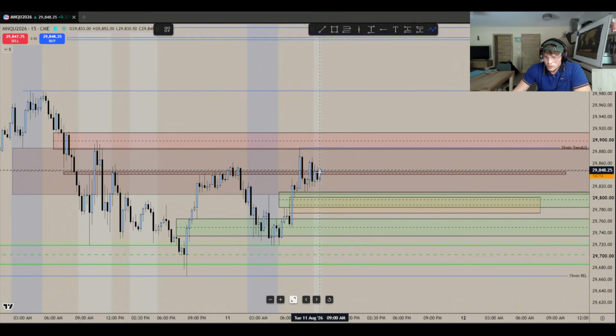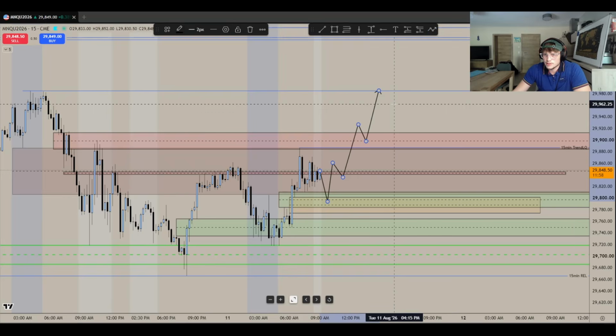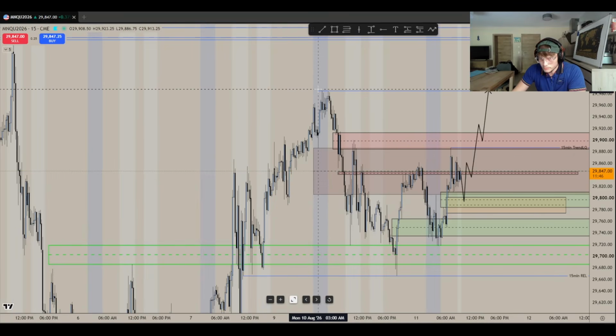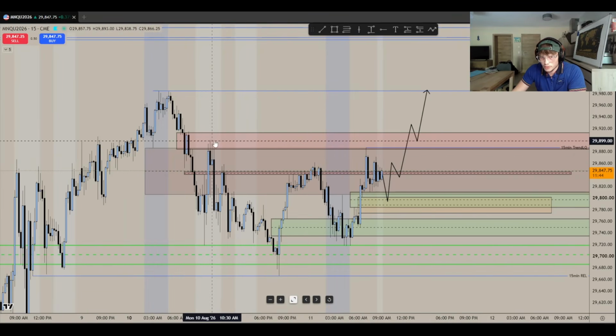My scenario for longs would be we mitigate in form of a Judas down here, right? And then we move higher and then maybe target this 15-minute trend liquidity in here, just a really conservative target. Or if we get really strong, I could see something like this play out. That would be a nice little scenario where we could look for longs into the CE of this gap, and then ultimately into the trend liquidity up here. We also have that old daily high overlapping with that CE, that's nice.